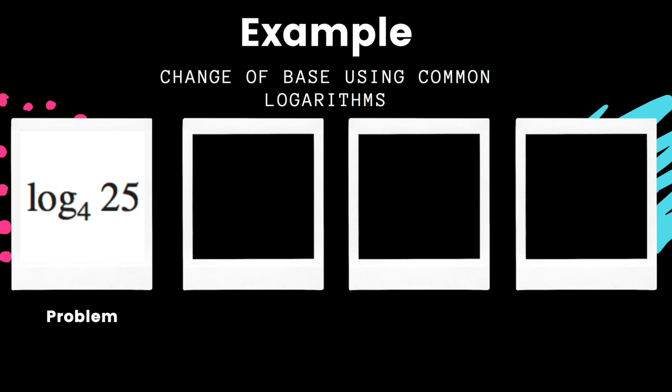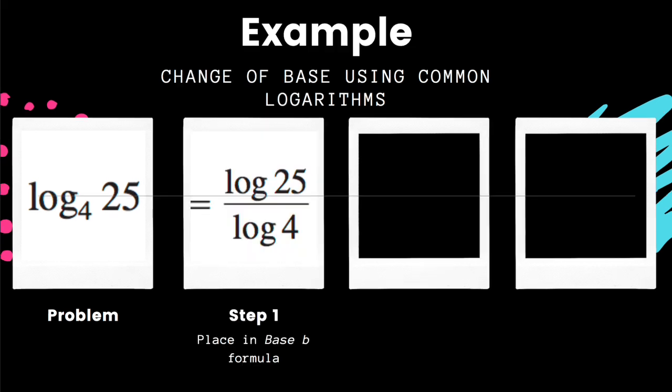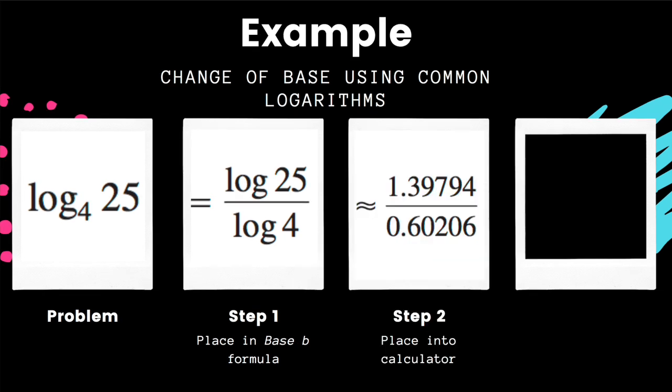a. An example of a change of base formula using a common logarithm would be logarithm base 4 of 25, which would turn into logarithm 25 over logarithm 4 when using the base b formula, and after placing it in the calculator it would give you 1.3979 over 0.60206, which simplified is